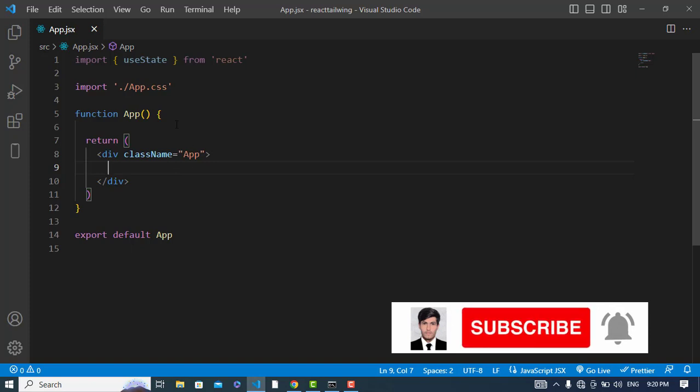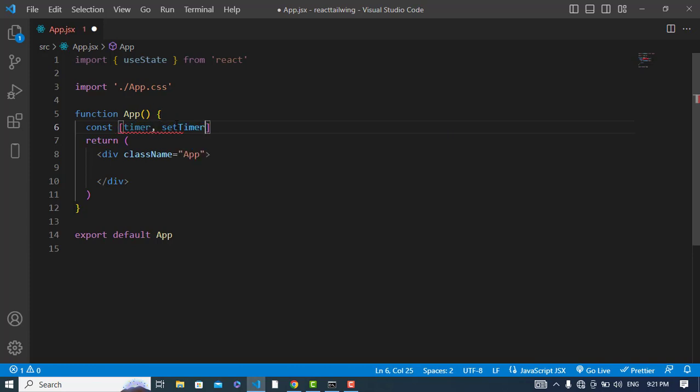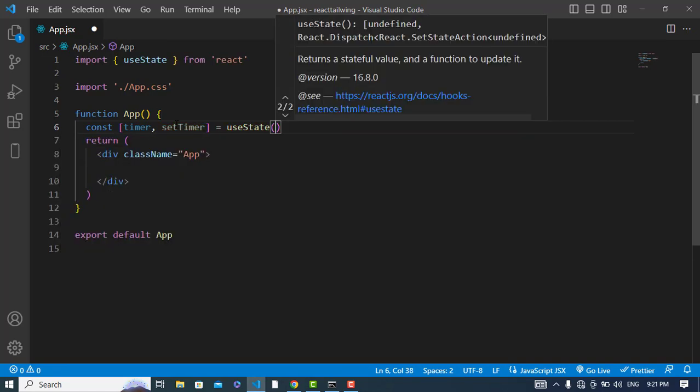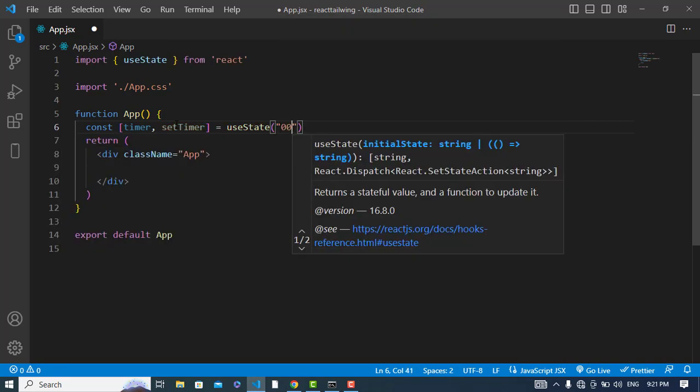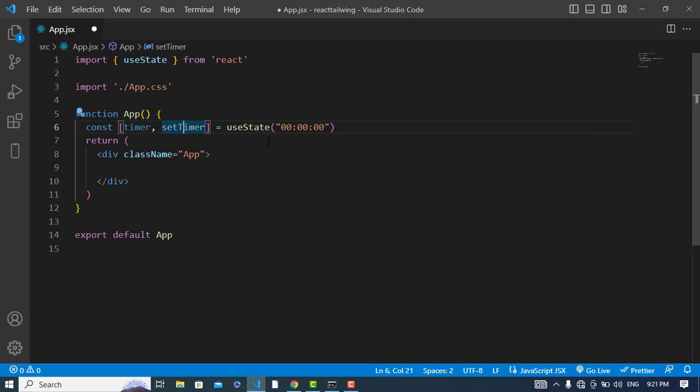The first thing is to declare a variable and create a state: timer, setTimer, is equal to the useState hook. I will use the useState hook. The default value would be